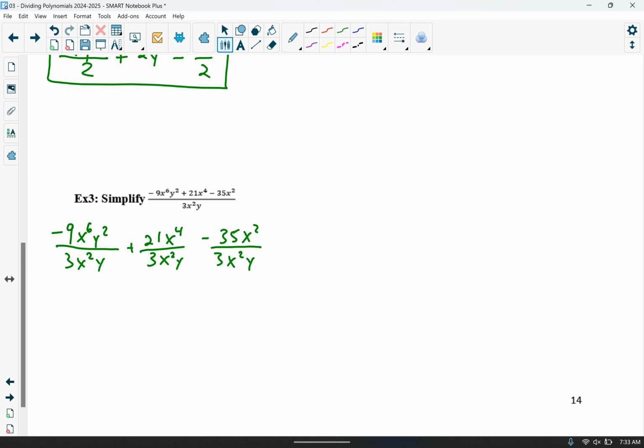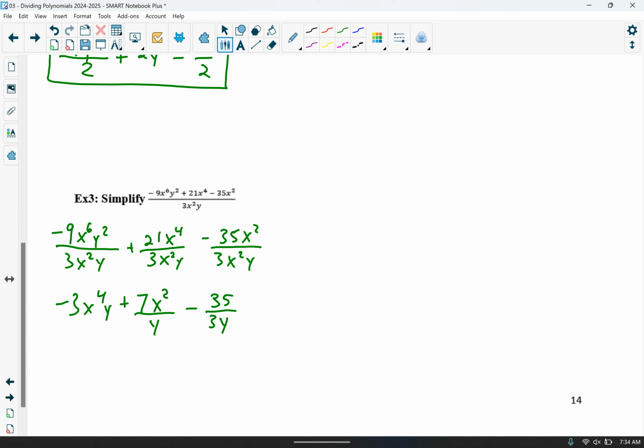So for our first fraction, negative 9x to the 6 y squared over 3x squared y, we should get negative 3x to the 4th y, and then plus 7x squared. Now don't forget that y didn't cancel with anything, so it's still going to be in the denominator, minus 35 over 3. 3 doesn't go into 35, so we're still going to have that fraction. The x squareds cancel, and we have the y in the denominator, so I'm going to write this as negative 35 over